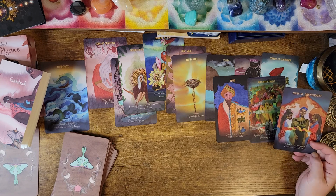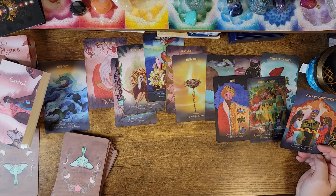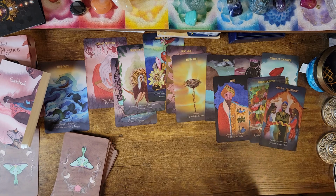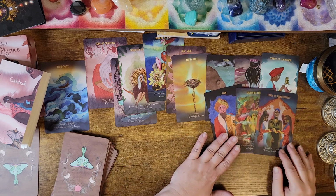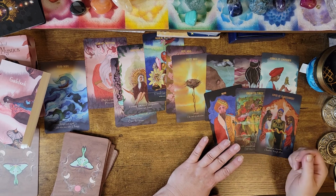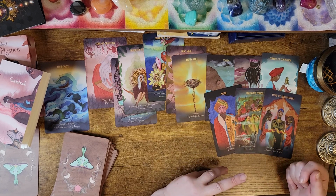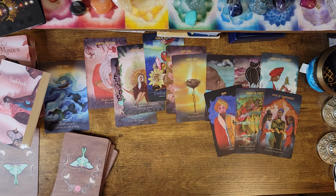I feel like, boy, this really does feel like a connected deck. There's a huge connection to source, to your source and your ancestral source and your ancestral energy, your highest self. I feel like this is a really direct connection between the two, because the strength and camaraderie, ascension through others, I feel like its strength is to help to identify and draw close to you those energies that bring you to that spiritual ascension, that place of feeling so good and so in alignment that all that you ask for just willingly continues